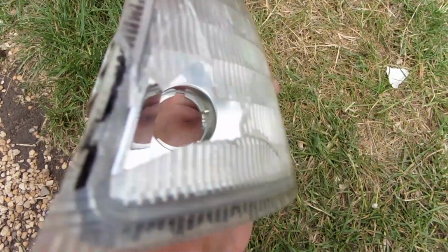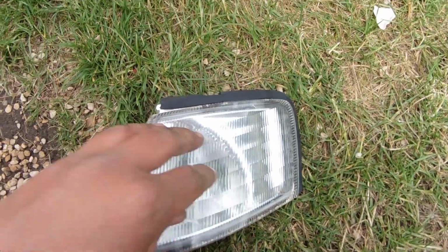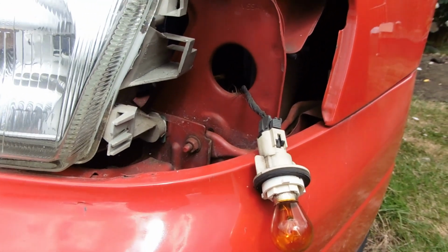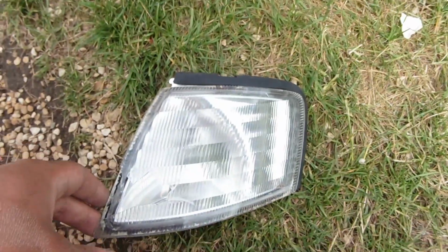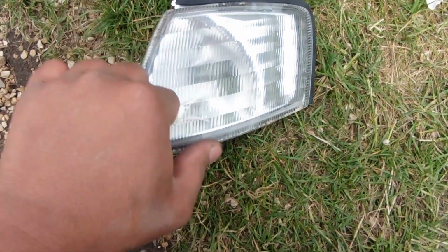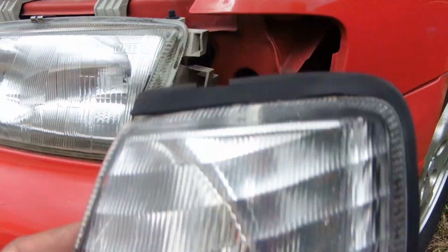I might be reusing this for something else, possibly for like the track car. I don't know, because I've got the whole unit. We could sort of use that to put in a cold air intake direct to the airbox through there, which may require cutting out some in there to have some half decent air, just to bore out that hole that we've got there. Not on this one, but that could be a possibility because this is cracked, and I've got the rest of the housing, so it will sit flush. I just drill a larger hole out for a cold air intake, and then put another hole here, and then the rest of it should still sit flush in the original position,